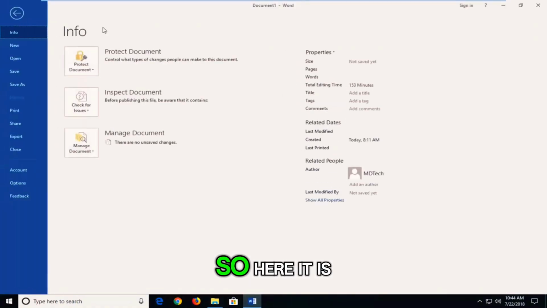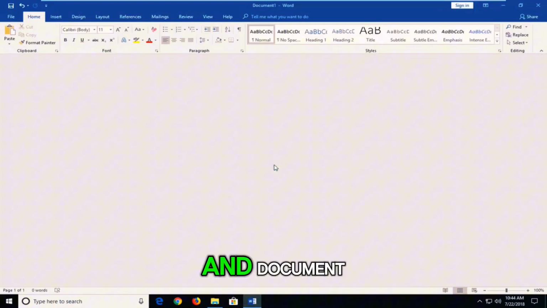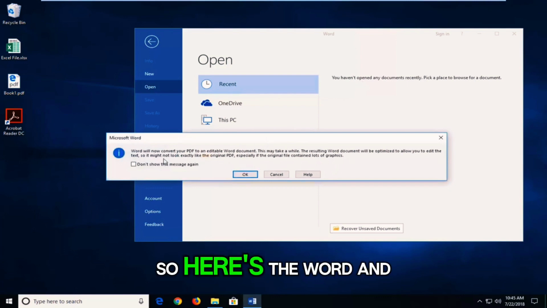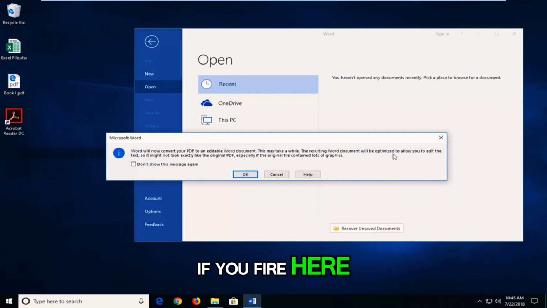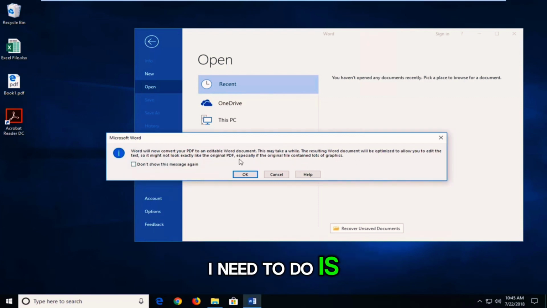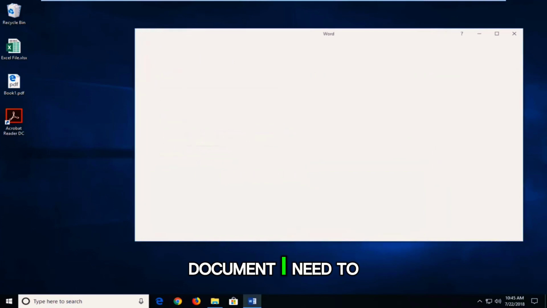So here it is. What I need to do is open a Word document, and I will drag and drop my PDF file here. Okay, so next, when the file is in the Word document, I need to,